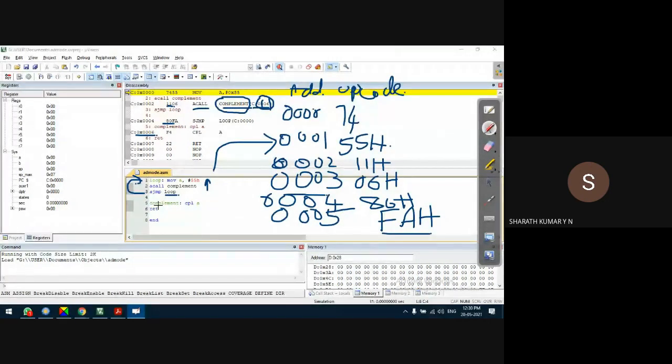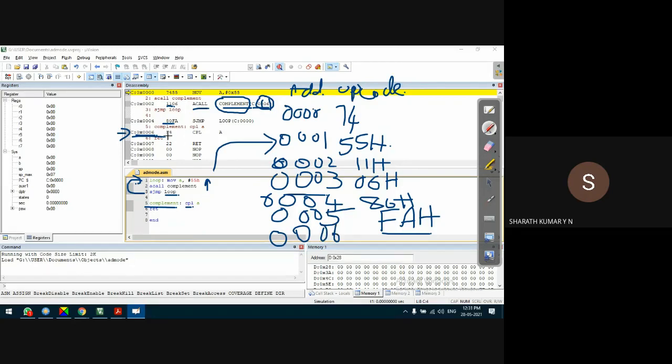The next instruction is the subroutine, complement A. Look at this address. The next location is 0006.